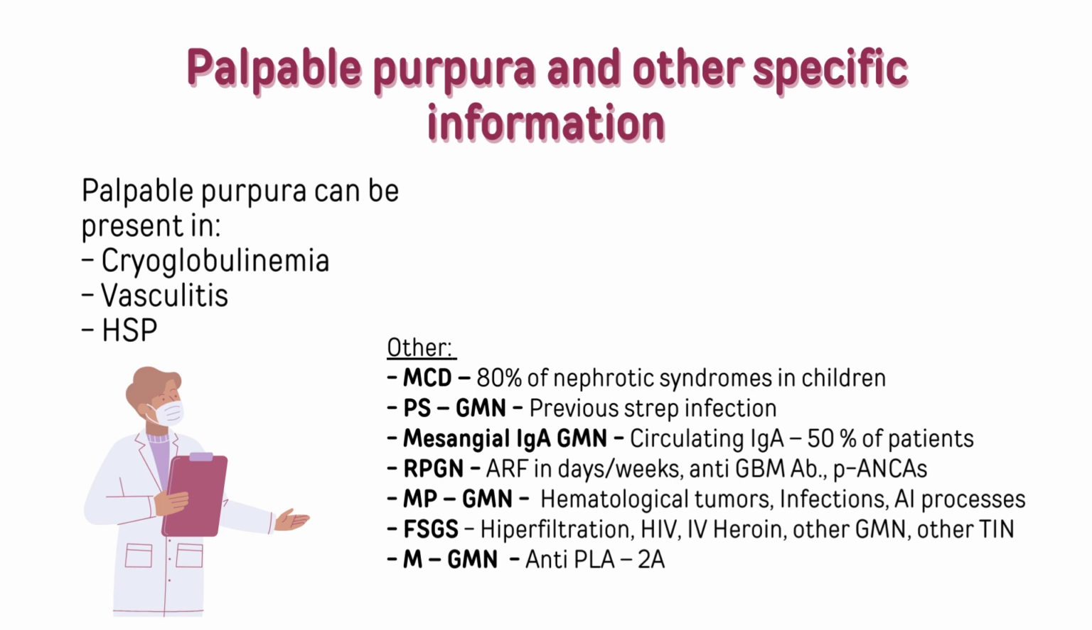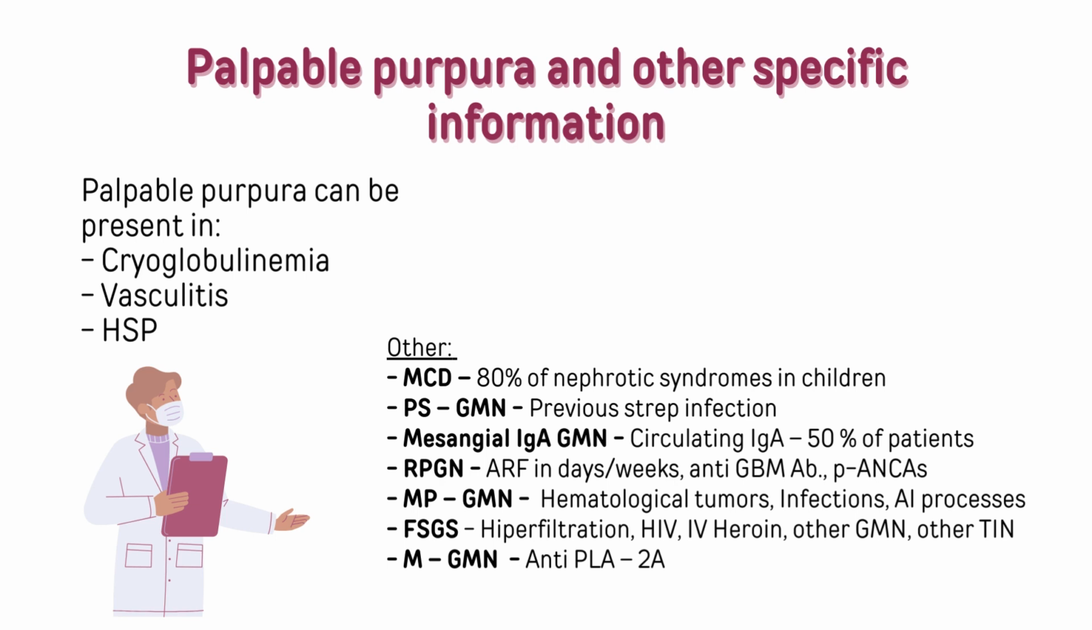Life-threatening complications of cryoglobulinemic disease require urgent plasmapheresis and/or plasma exchange in order to rapidly reduce the circulating levels of cryoglobulins. We have also seen small vessel vasculitis as a type of rapidly progressive glomerulonephritis type 3. They can also occur with purpuras, and the same is for Henoch-Schönlein purpura. Other information that we should take into consideration for diagnosis includes